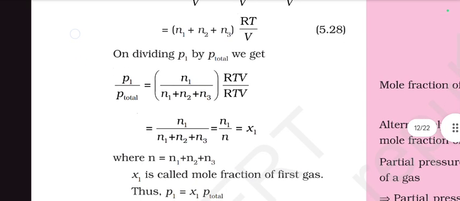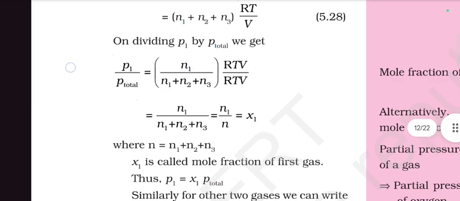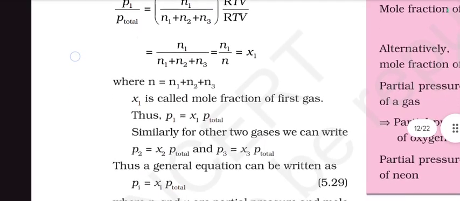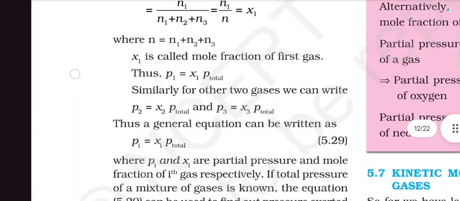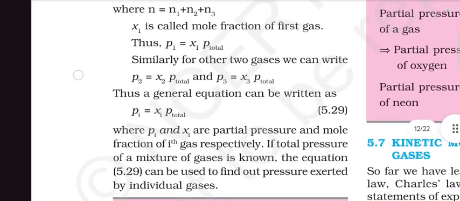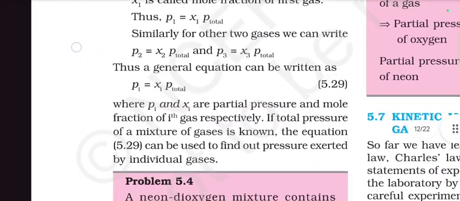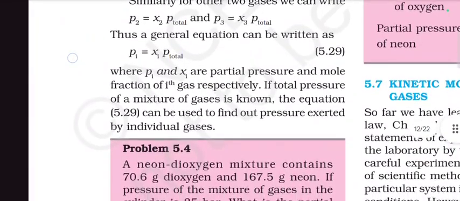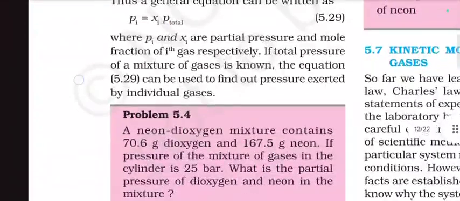On dividing P1 by P total, we get P1 upon P total is equal to n1 upon n1 plus n2 plus n3 into RT/V upon RT/V, which is equal to n1 upon n, which is equal to x1, where n is equal to n1 plus n2 plus n3. x1 is called the mole fraction of the first gas. Thus, P1 is equal to x1 P total. Similarly, for other gases, we can write P2 is equal to x2 P total and P3 is equal to x3 P total. Thus, the general equation can be written as Pi is equal to xi P total,